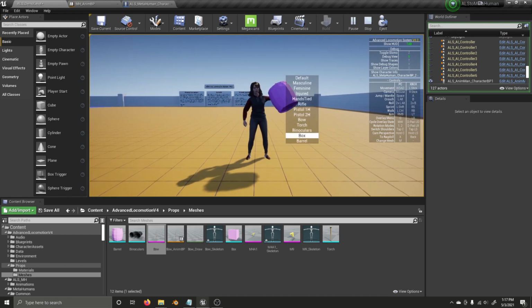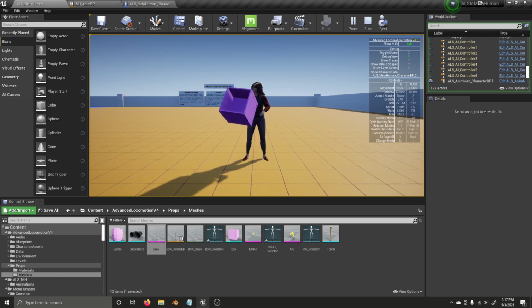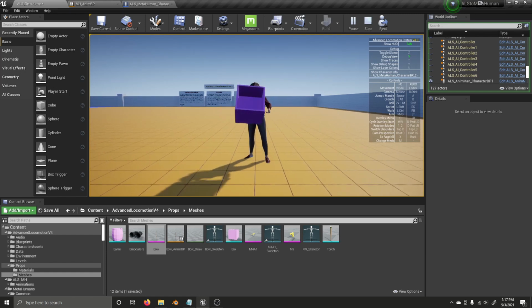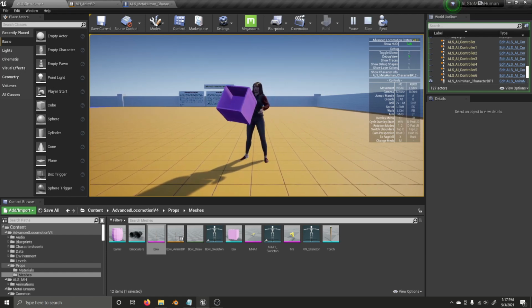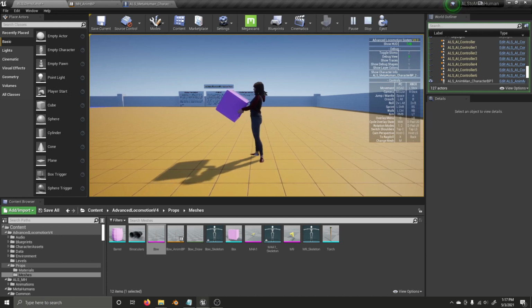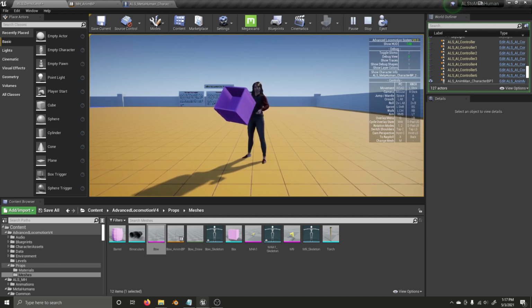So I'm going to demonstrate how we fix that with, let's take the box. The box is attached to the right hand, which is totally fine. The problem is it's attached to the right hand at its origin. The best way to fix this would be to change the origin of the box. Instead, because that requires going into an application like Blender and doing all that, you guys can do that if you want. What I'm going to do here